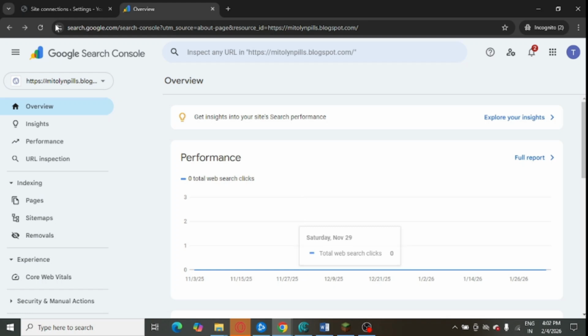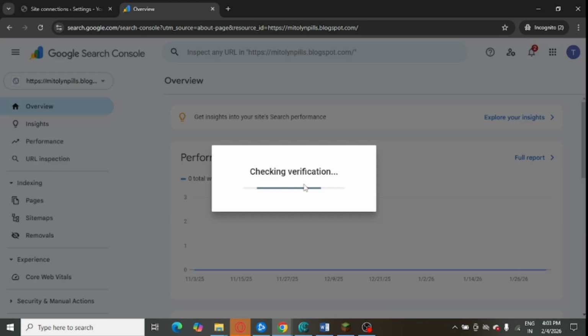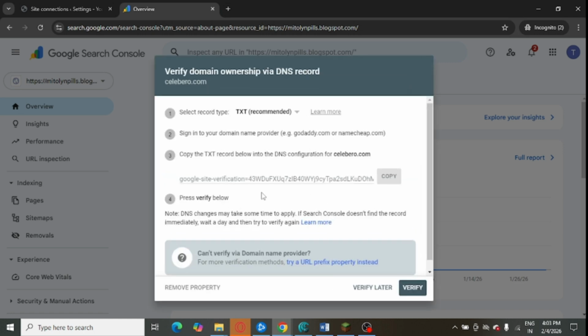So how to verify your Search Console domain name? This is my domain name. Let me select my domain name, and I will get this code when I enter my domain name. I need to copy this code from here, from the number till the end, and then you need to